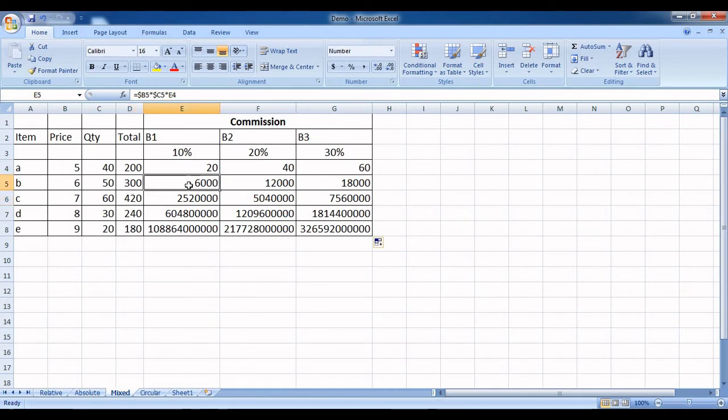Where we have gone wrong is, have a look at this. E3, B4 into C4 remains constant everywhere. It is B4 into C4. Here for the second one, it is B5, then B6, B7 and B7 and B8 and C8. But what happened with the third value wherein we have the commission entry, percentage entry? It is E3 for the first one, which is correct. E3 is 10%. Then we have E4.